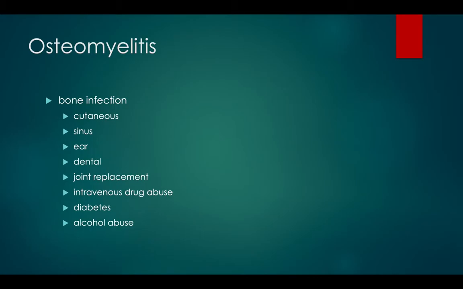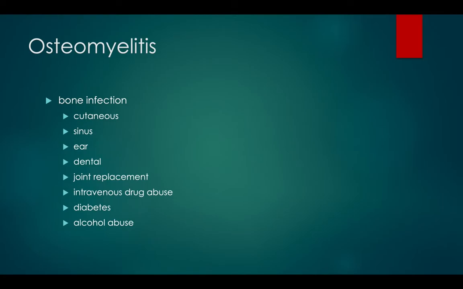We'll talk in endocrine about why diabetes affects your blood vessels. These people also commonly are smokers for years and years and years. That causes peripheral vascular disease, which again impairs blood flow to the extremities. We'll also have people who are IV drug users, and these people are more prone to getting infections in their blood vessels because of using dirty needles, and those infections travel through the blood to the bone. So for many different reasons, whether it's impaired blood flow or increased risk of bacteria in the blood,